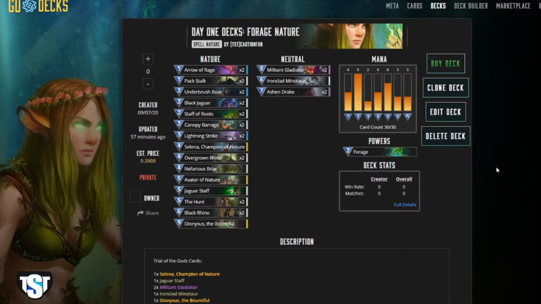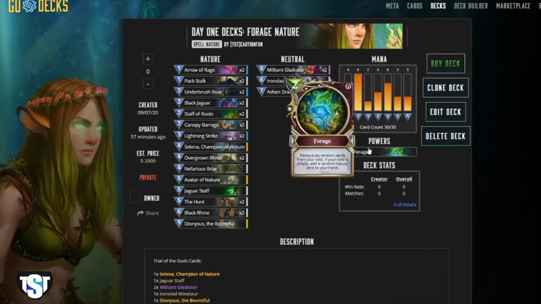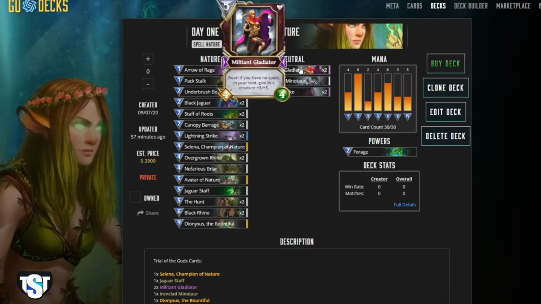Alrighty, moving on to Forage Nature. Now, this has the most Trial of the Gods cards of any of the decks we've gone through so far, but functionally it's going to operate very much the same as a lot of the spell nature lists that you see around the ladder nowadays. Yeah, the main difference is this one picks Forage every time because it's running a new card, Militant Gladiator,